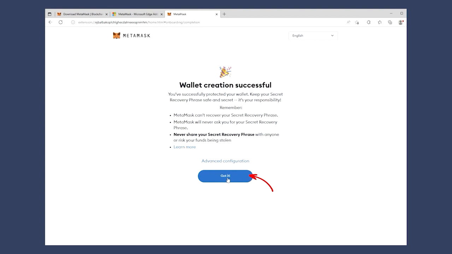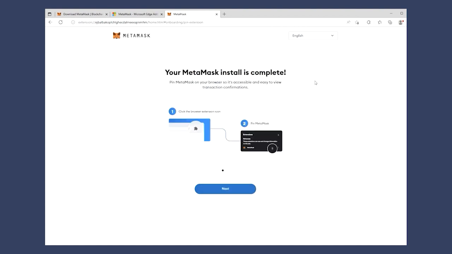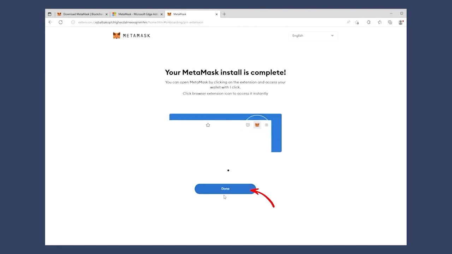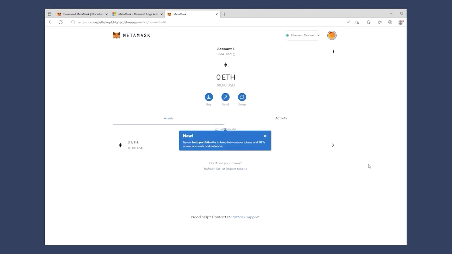your secret phrase. Click Got It. Now you're given a couple of short pointers about the Metamask wallet, just click Next, click Done, and now your Metamask wallet is installed. Metamask will automatically configure itself for Ethereum, and you'll see that here we have Ethereum and we're